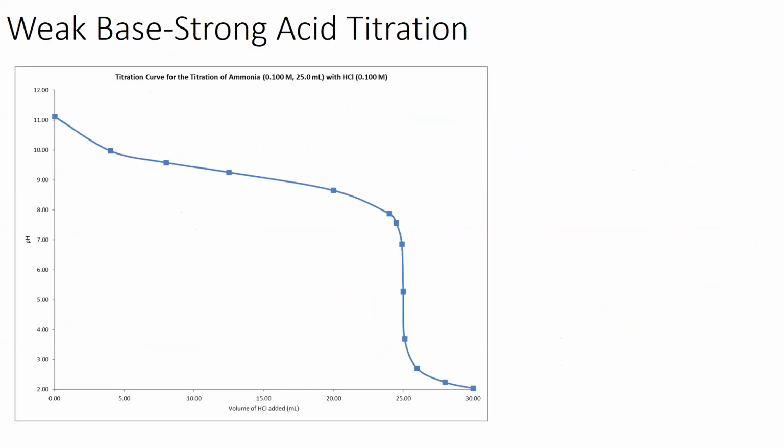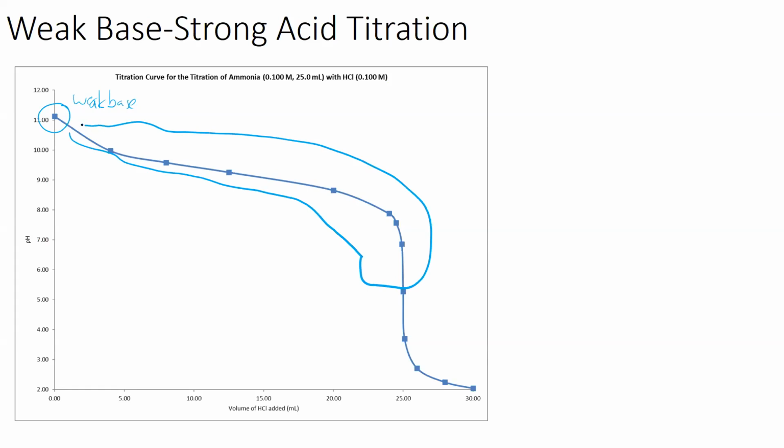Now, the reverse of that, okay, is if you have a weak base titrated with a strong acid, right? In this situation, your initial solution is a weak base. From here all the way down to the equivalence point, you're still going to use Henderson-Hasselbalch, okay? And so you're going to use that Henderson-Hasselbalch equation. So it's still pH is equal to pKa plus the log of the concentration of the weak base, or A minus, over